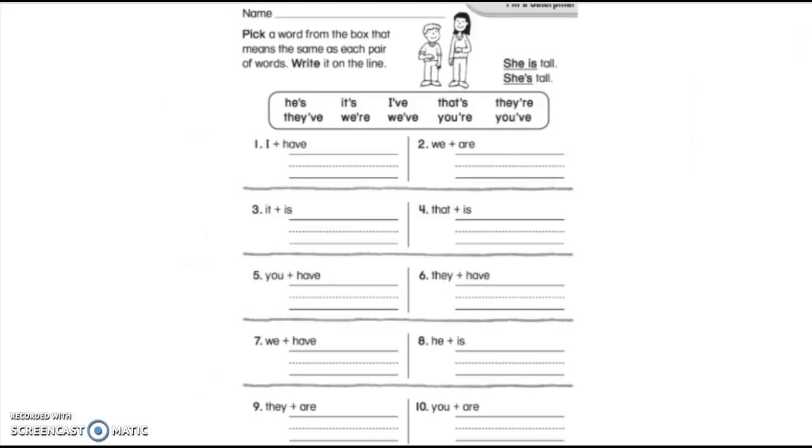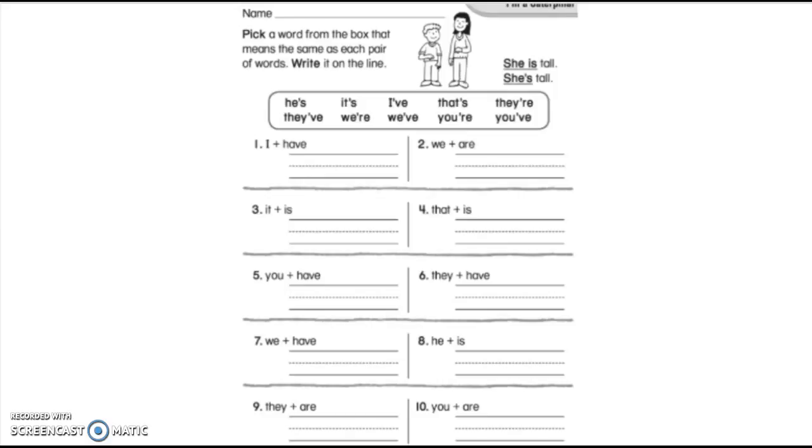So now that you are back, this is on that same page with the pattern, and this is those contractions and how to put them together. So I see I have, and I'm going to look and which one has I as the first letter, and that would be I've. So that's what it is together. So you're going to put I've on